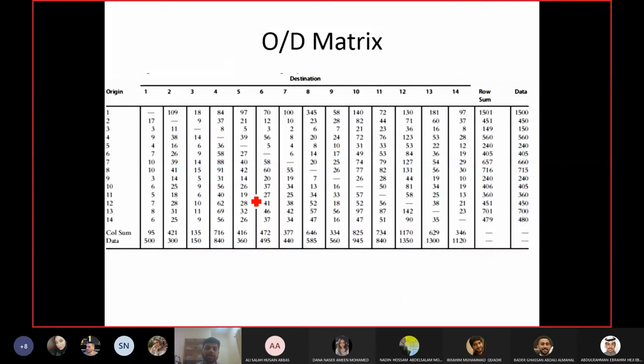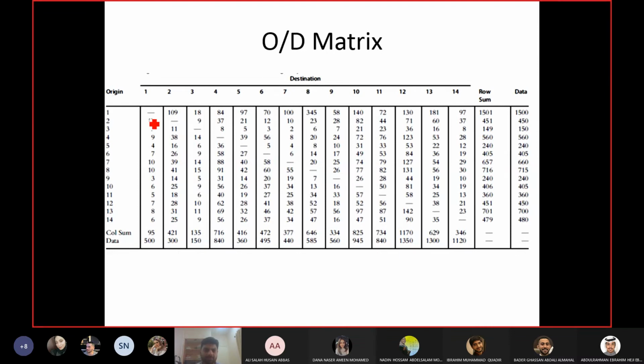So when you are using the ITE equations or trip rates, the percentage of these trips is already reduced from those equations. Because we are not interested in how many trips are just within the zone. We are not interested in that. Our planning process includes the number of trips which are going from one zone to the other.